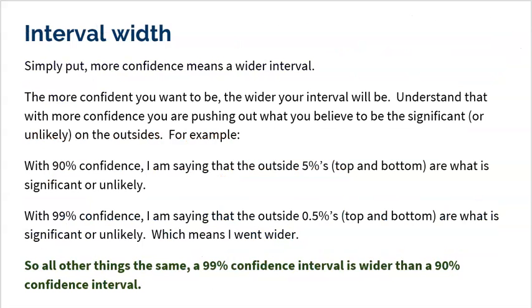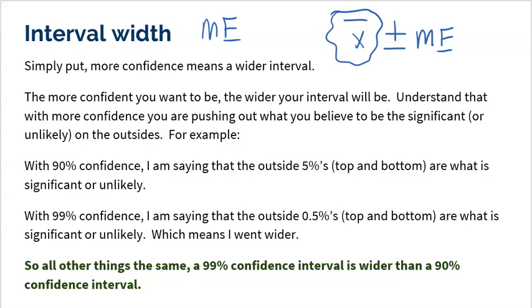All right, next up, we're going to talk about the interval width. Please make sure you understand that the width of an interval is basically the margin of error, because you always start off with your mean and you go up and you go down by your margin of error. A sample mean is a point estimate. It's just one value. So the width of your interval is how much you plan on going up and down. So it's actually two margins of error. One is up, one is down. So the margin of error is basically controlling the width.